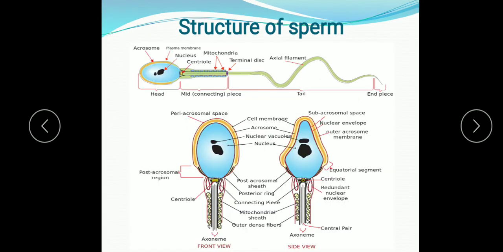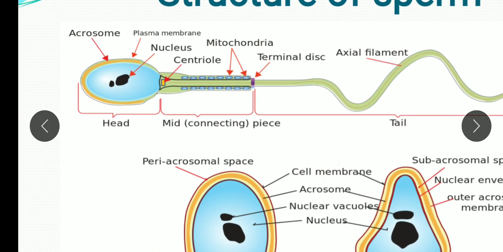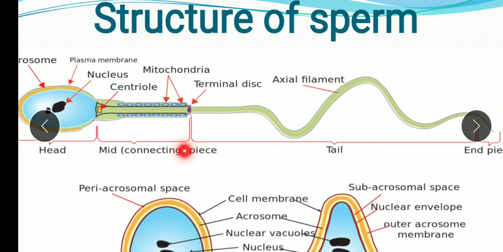Now we'll study the structure of sperm in detail. The sperm is the male gamete which is produced in the testes as the result of spermatogenesis. It is a motile structure; it moves. Now, what are the different parts of the sperm? Let me study. These sperms remain alive and fertile for a long period, at least 3 to 4 months in the male genital tract. The sperm of the human is about 60 mm long.